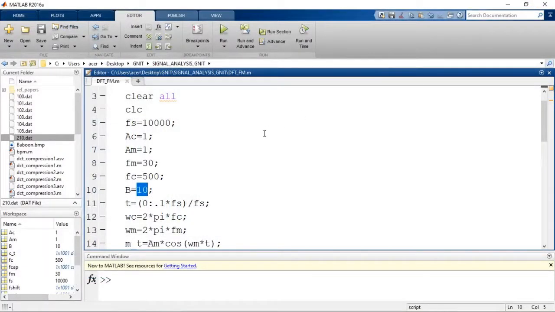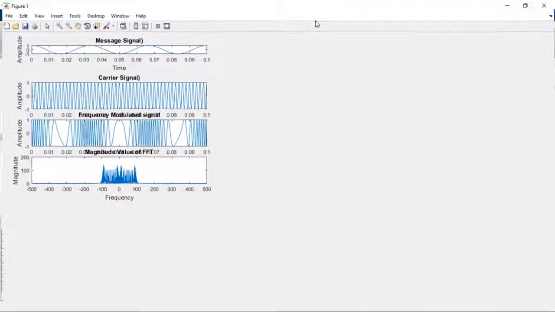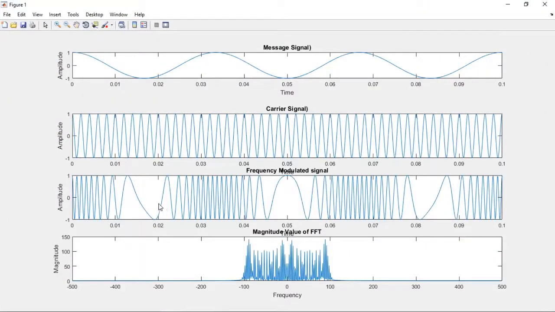And let us run this program by taking modulation index value 15 and see the results here. So there is a large deviation between the low frequency and the higher frequency. This is the point where message amplitude is low and we get more cycle duration. This is the point where message amplitude is higher, we get high frequency, minimum duration cycle. This minimum duration cycle has frequency fc plus delta f, where delta f is the frequency deviation, and this point corresponds to a frequency fc minus delta f.